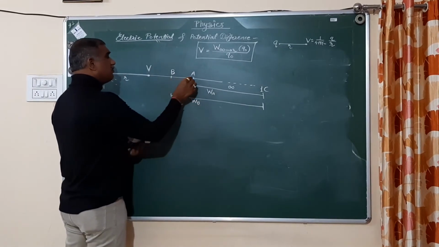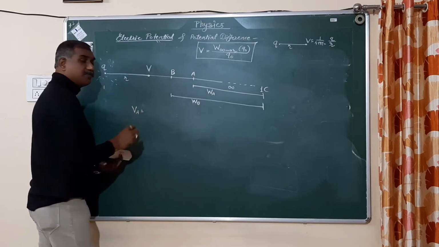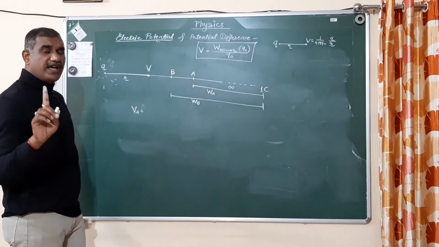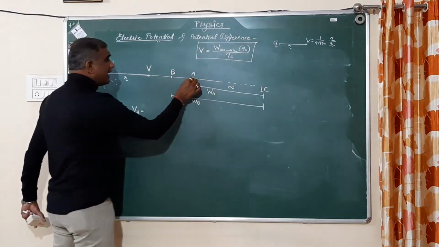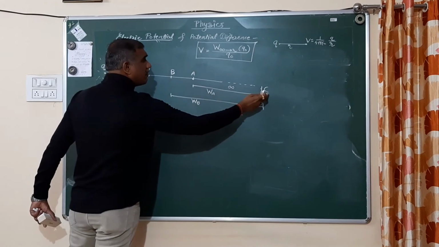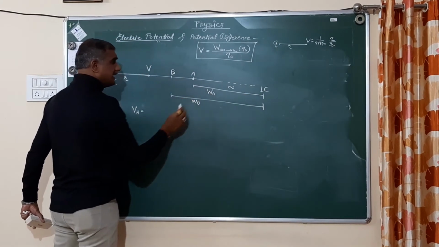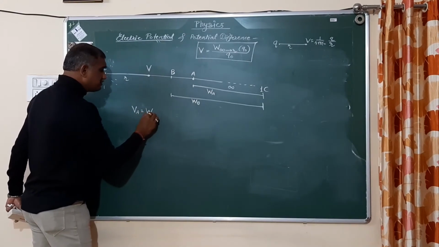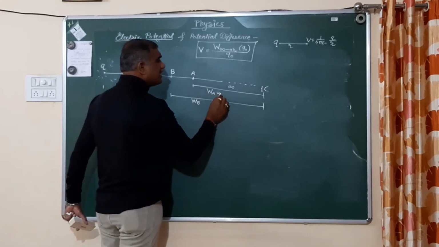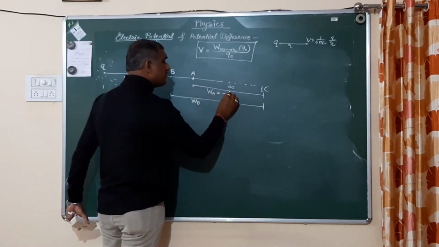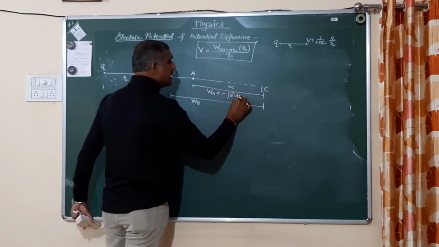And we know very well, potential at A is nothing but the amount of work done in moving 1 coulomb charge from infinity to that point. Here I considered point A, and that's why the amount of work done in moving 1 coulomb charge from infinite position to the position A is equal to WA. And that's why VA is equal to WA, and that WA is equal to minus integral of vector E dot dr.